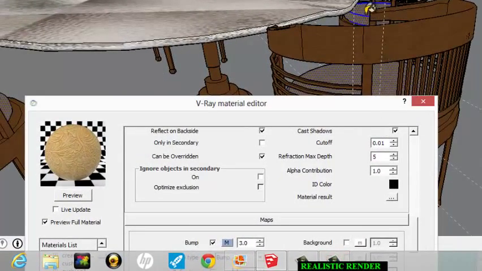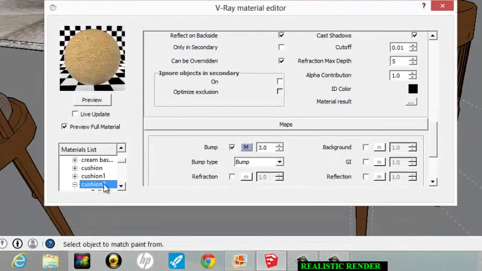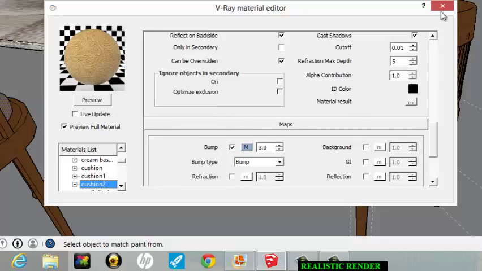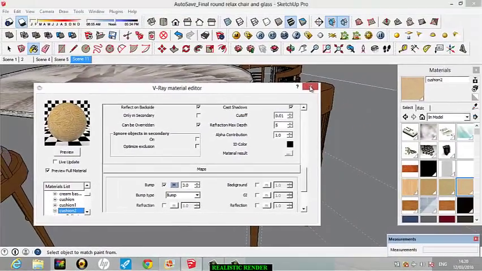Alright, it's going to pick all the materials using this particular one, and all you have to do is right click on it again and select all objects, apply material to selection. Sorry. So having done that, hold on,